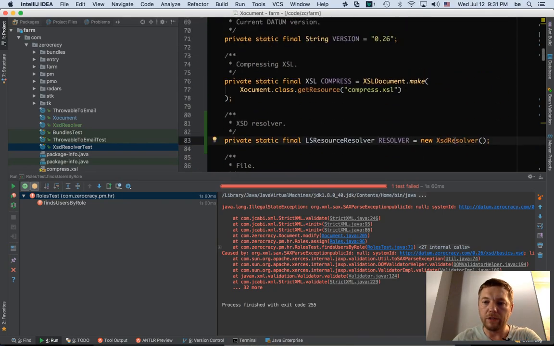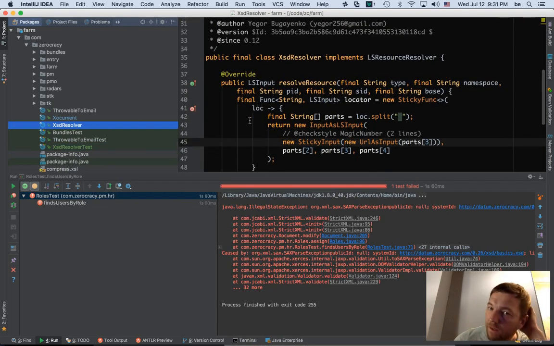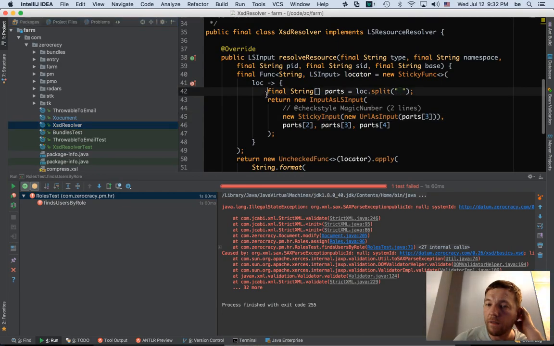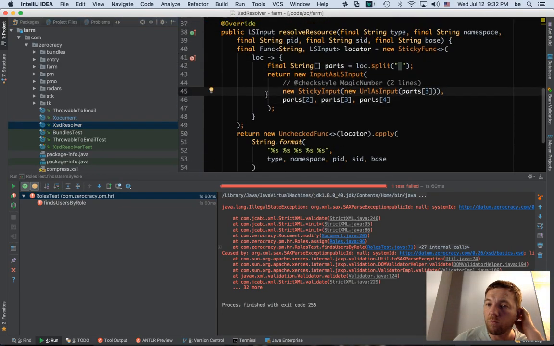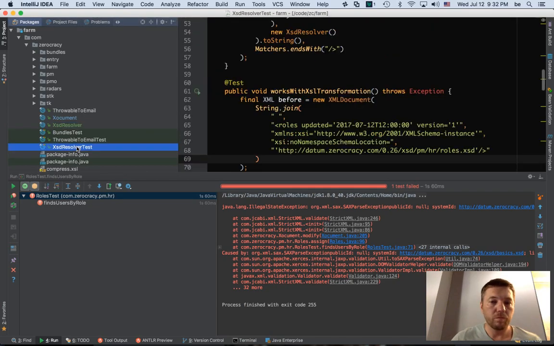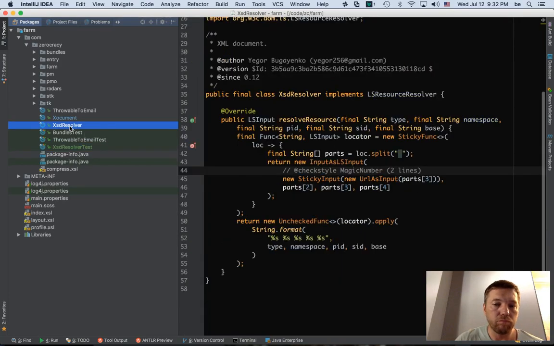Resolver, XSD resolver. This is the resolver. Okay, let's do...